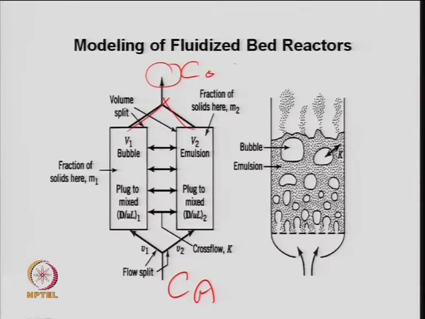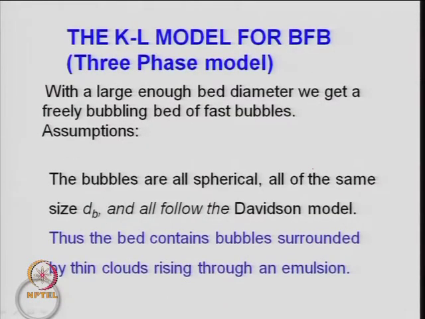So, this is the simplest model, a two phase model, which is actually shown here. As I told you, as the bubbles go up and up, the size is growing, and this is your emulsion phase here, and then there is a cross flow here. So, bubble, and then this is the K here, which is a cross flow coefficient, and whatever gas is in the interstitial space here is reacting and transforming into the product. So, this is for the two phase model.